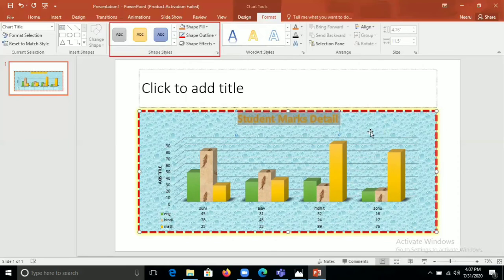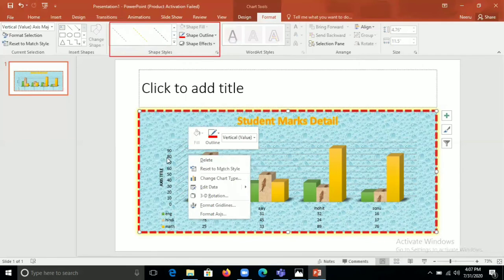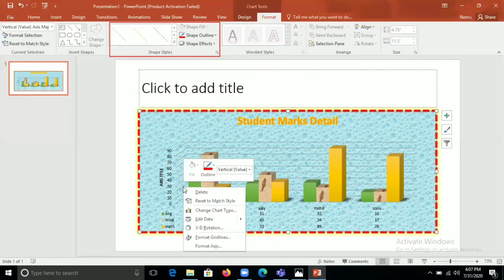Whatever area we have selected, if we want to change the background of the chart or anything, you can right click in the plotted area, or you can go to this option, shape outline. Otherwise, go to the plotted area. In the plotted area, what will you find?